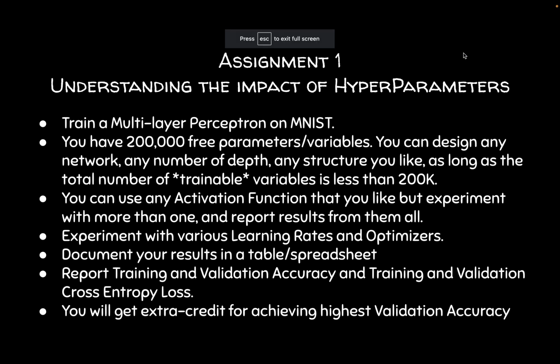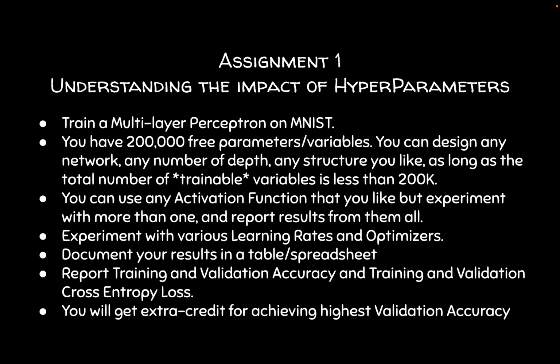Okay, now let's talk about the first real assignment for this class. All the things you guys did before wasn't graded, but this is the first assignment that will be graded. I'm going to give you plenty of time, and as you can see here, whatever you have to do isn't that complicated, but it is very true to the daily life of a data scientist or machine learning engineer, where you